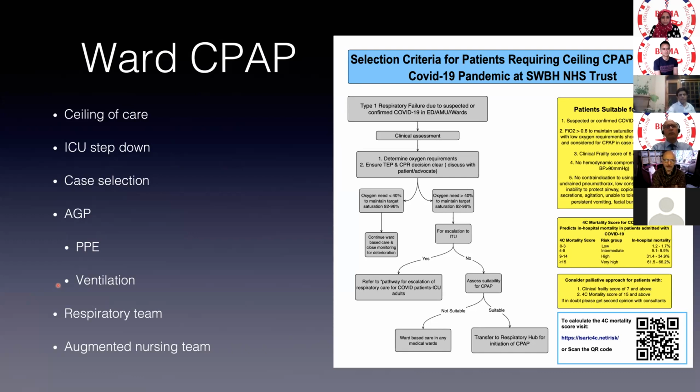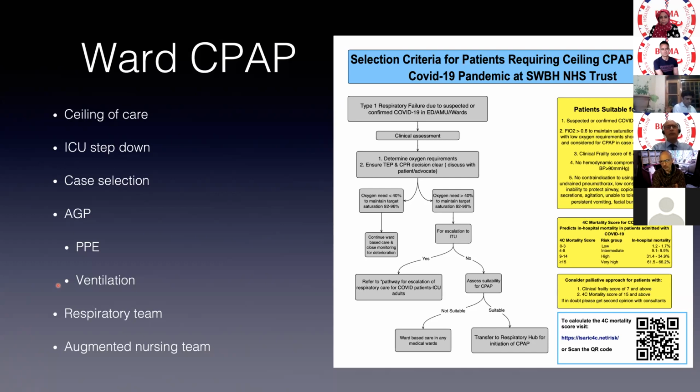We basically used our respiratory support unit, which is run by our respiratory physicians and who normally provide NIV, and expanded their capability to be able to provide CPAP and high flow nasal oxygen. However, we did this for patients where this was their ceiling of care, where they would not be escalated to intensive care. This was largely because of perceived risk of treatment failure and problems escalating that back into ITU,